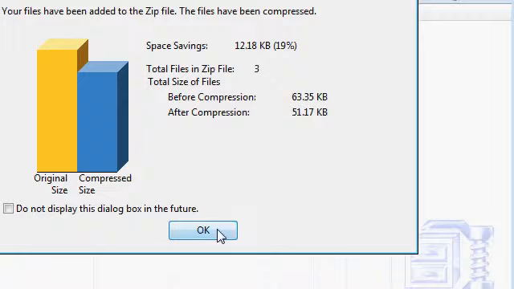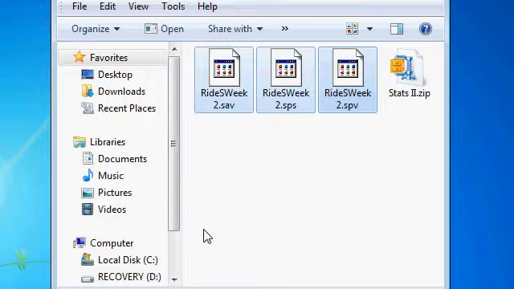Okay. Now, if you're using the demo version of WinZip, you might not see this. Instead, you'll see a splash screen that encourages you to buy a copy. And even if you bought a copy, this is optional, but I kind of like to look at it because I'm always kind of interested in how much space did I save. But at any rate, we say OK, it's done its work,